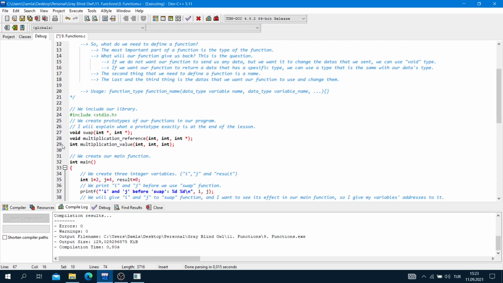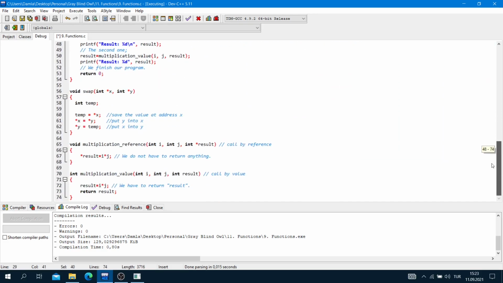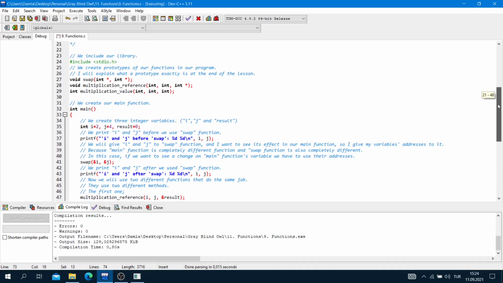Next, integer multiplication value integer, integer, integer, semicolon. Go to the multiplication value: integer i, integer j, integer result, result is equal to this, and return result. This is a function, and the compiler knows that again.